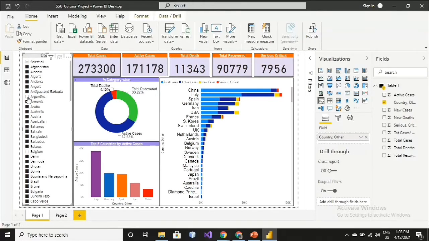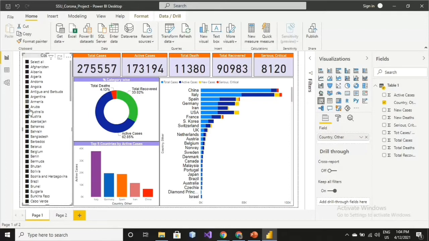Here we have used a slicer to filter the data, and besides that, in the header portion we can see the cards: the total cases, active cases, total deaths, total recovered, serious, critical. The data is changing according to the countries that we are selecting.